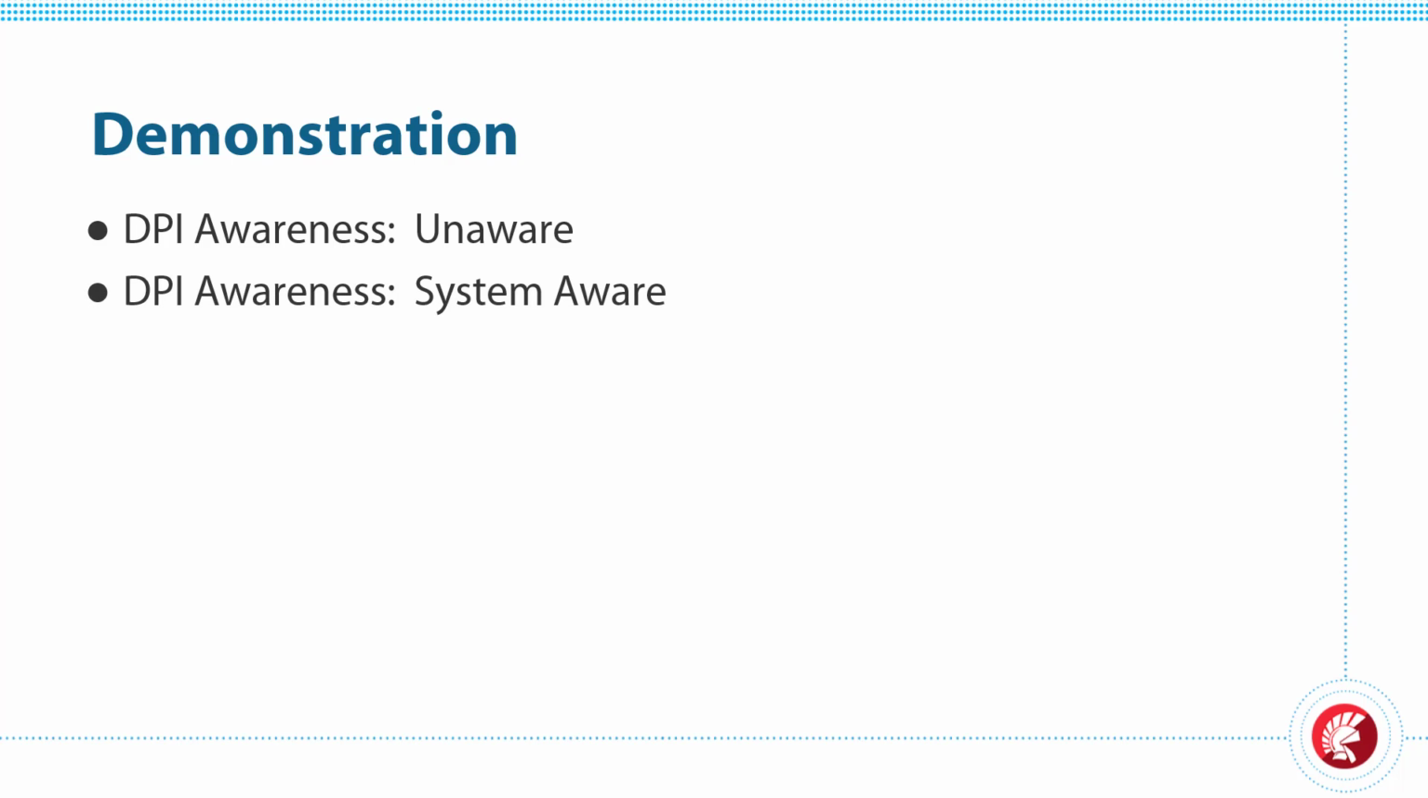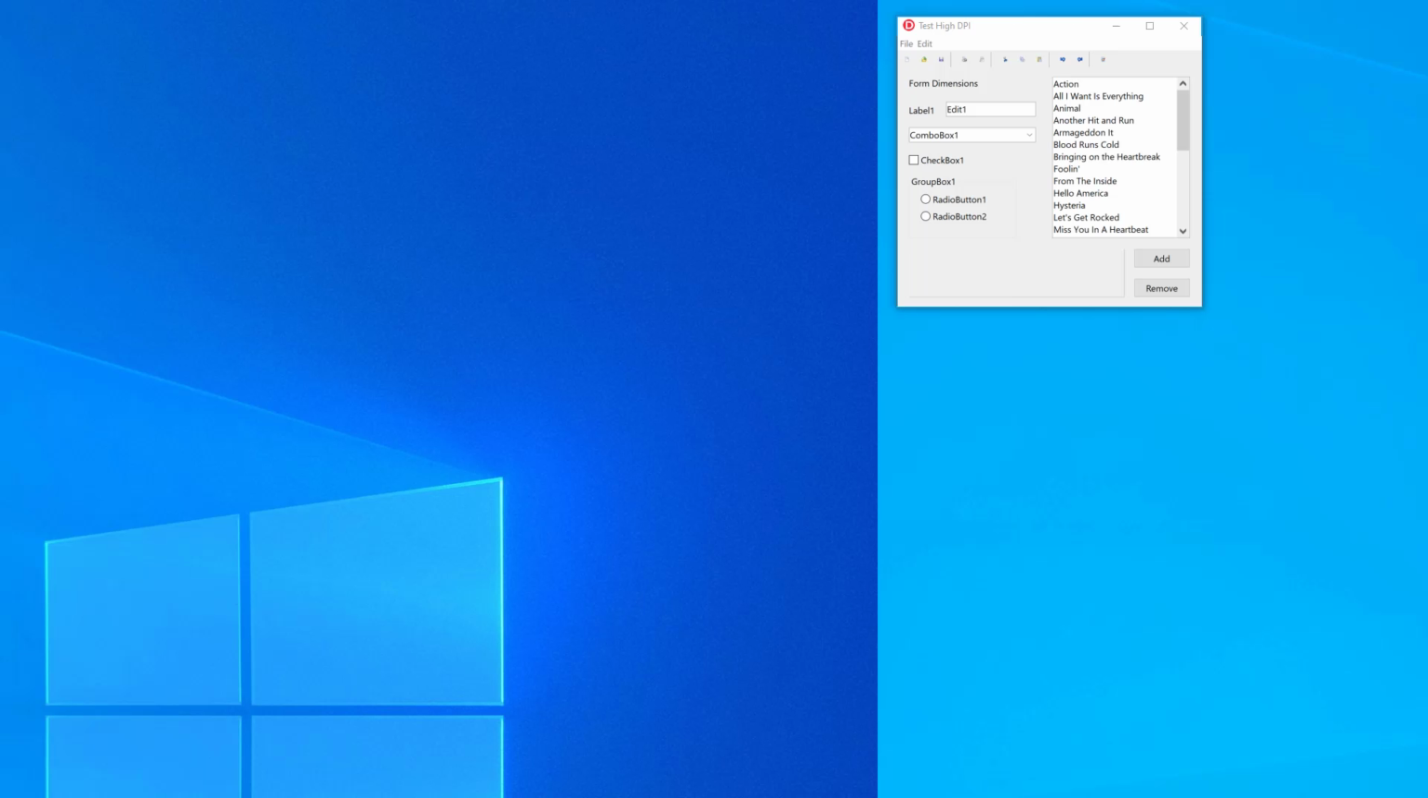Next up, we'll take a look at the system aware. So this time we've set the DPI awareness to system aware, and what this means, if you remember from the slides, was that it detects the scaling factor and the size from the primary monitor that was in use when the user logged in, and we can see that in play here because I logged in on my high DPI display, and